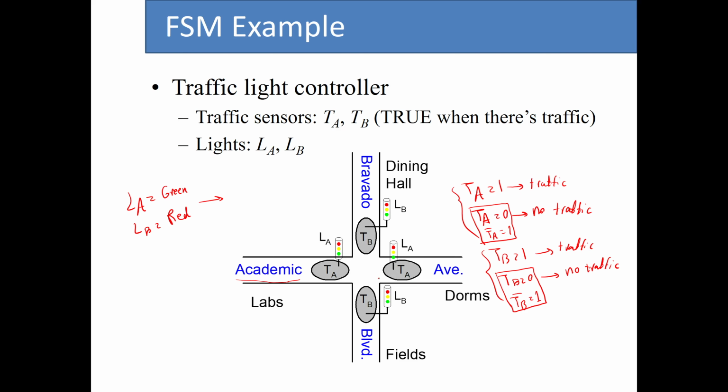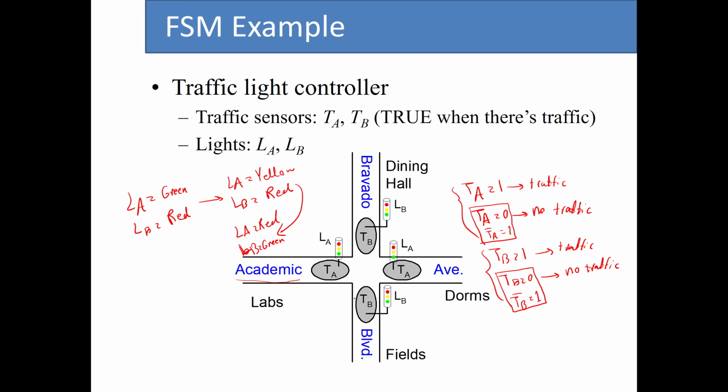As soon as TA becomes 0 and TB becomes 1, then we go to an intermediate step. We make LA to be yellow, while LB is red, and then after some time we change LA to red and LB to green,